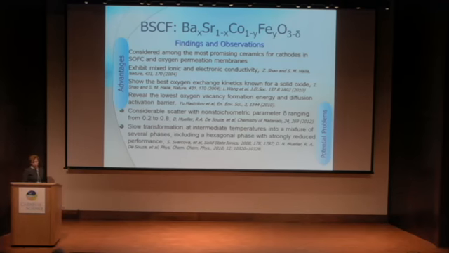It also showed slow transformation at intermediate temperatures into a mixture of several phases, including hexagonal phase, which does not have these good properties of regular material. So first it was discovered almost accidentally, as people were making experiments and measured performance of fuel cells with BSCFs. It was great, but then it was difficult to reproduce the results. And in several days, the results were completely lousy. Right? So most of the time, at earliest stages of this research, these kind of results were not reported.